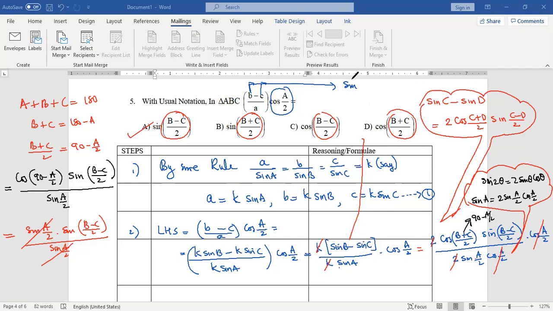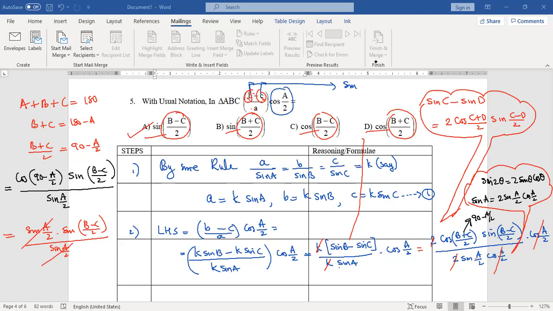Yes. Let's start with the next one. I hope you understood these steps. So how do you decide to apply the sine rule? Because of these letters b and c. Whenever single letters are there, they can be replaced only in terms of the sine rule. If you want to convert the small letters b, c, a into trigonometric ratios, because your answers are all in trigonometric ratios, that made you understand that you must apply the sine rule.